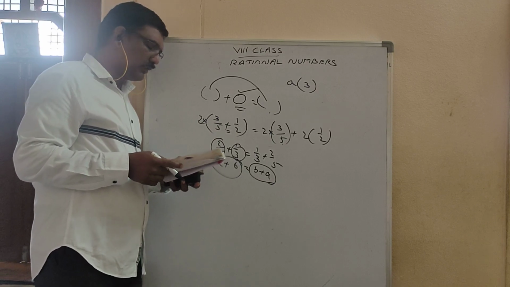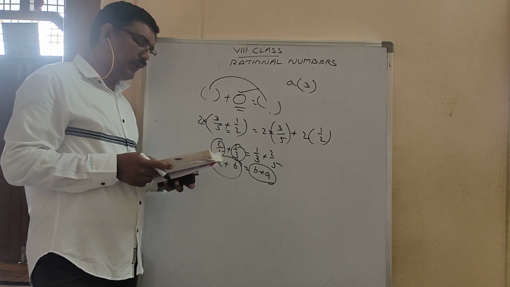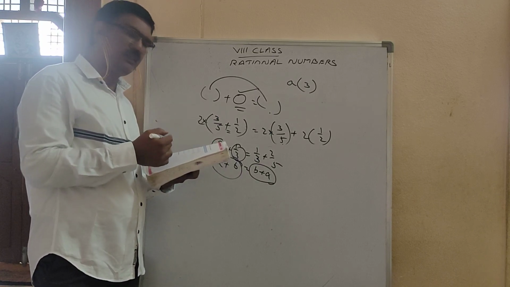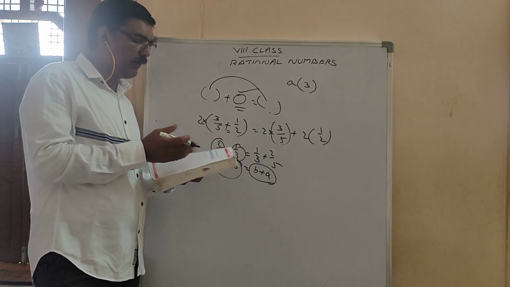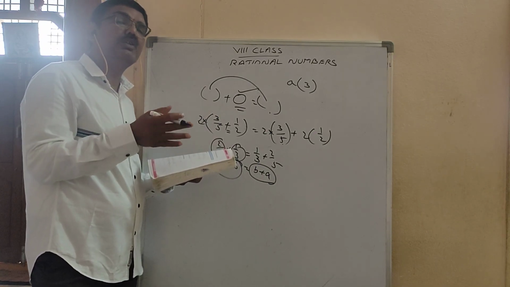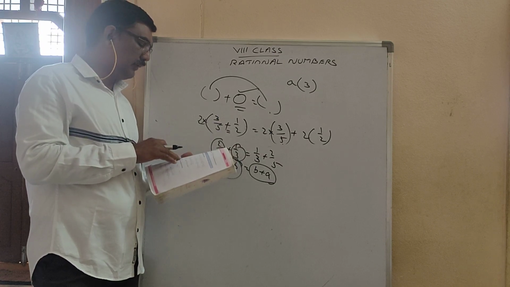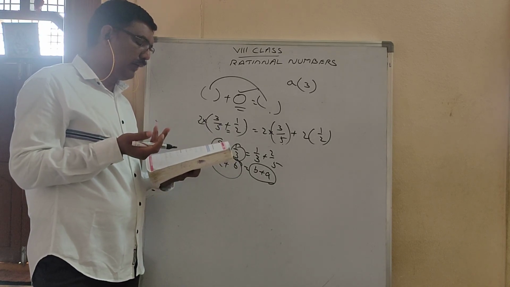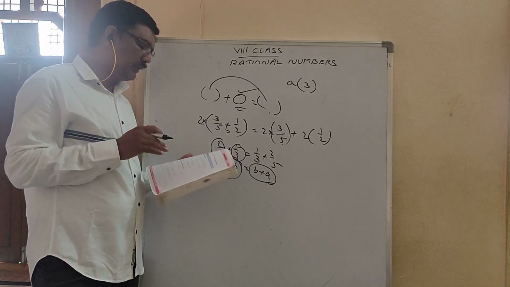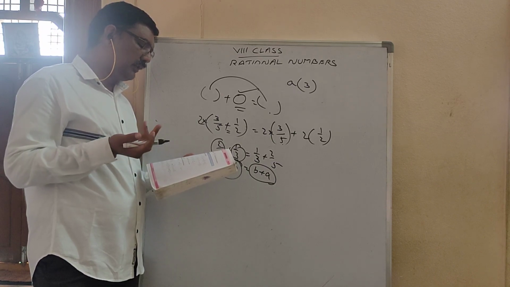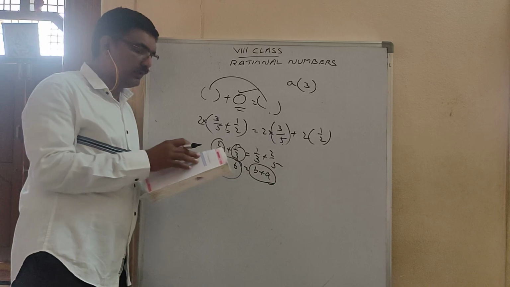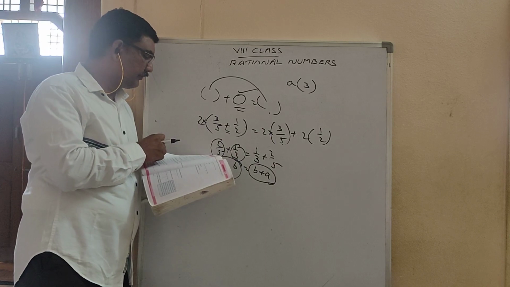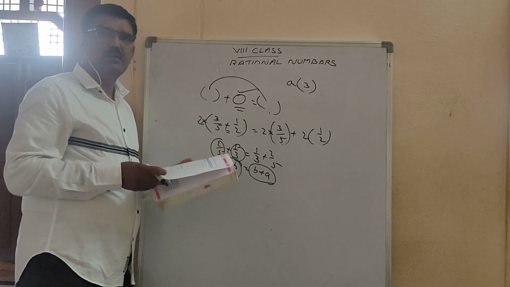Next, the sixth question: 5 by 2 into 3 by 7. Just multiplication is given. 5 by 2 is a fraction, 3 by 7 is a fraction. He multiplied and got one product, 15 by 14. It is the closure property. Next, the 7th is additive inverse, the 8th is multiplicative inverse, and the 9th is again distributive property. These are all the properties here. And the second and third, try to do them yourself. Okay.